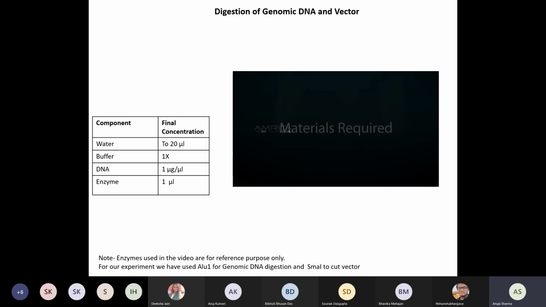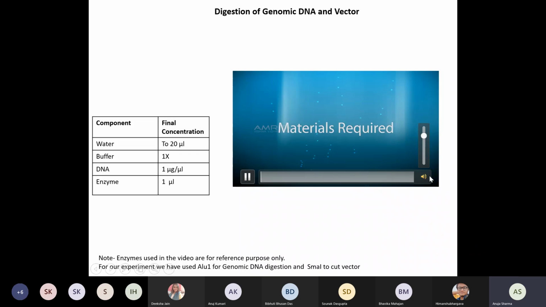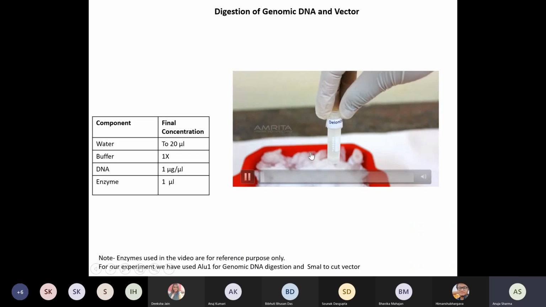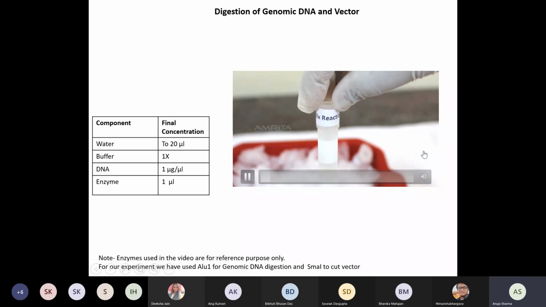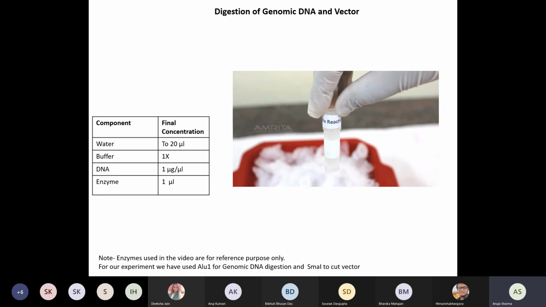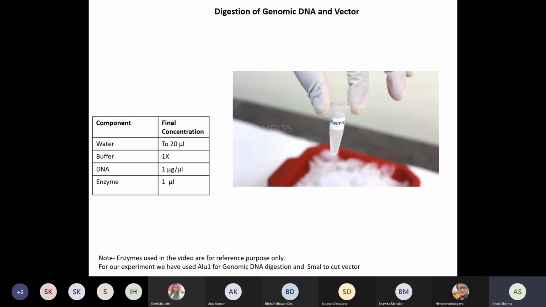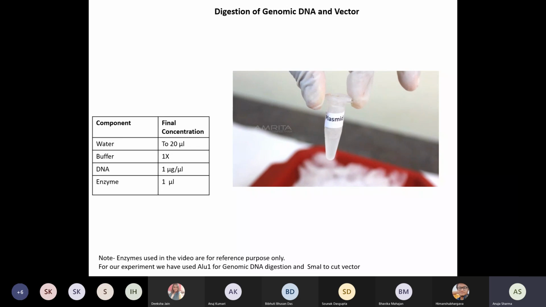Next is the digestion step. For both the vector and the genomic DNA, you use the same procedure. The digestion procedure is the same for both. For digestion, I'll be playing the video. Materials required: 5 microliters of deionized water, 1 microliter of 10x reaction buffer, 3 microliters of plasmid DNA,